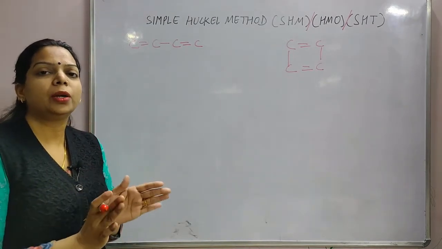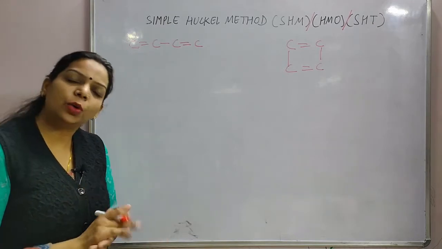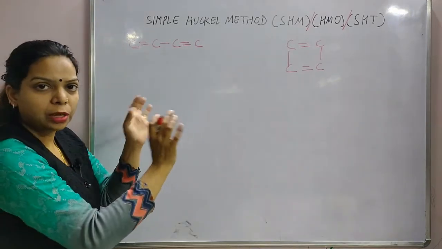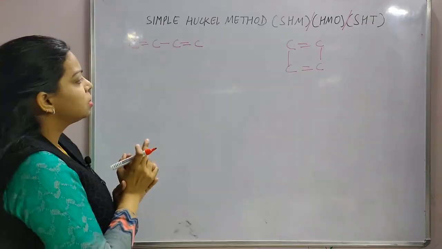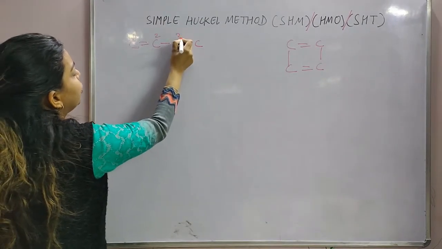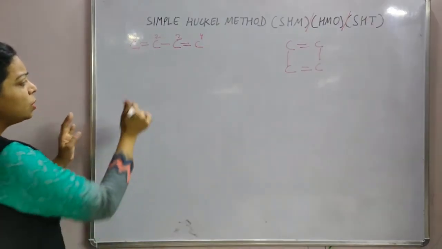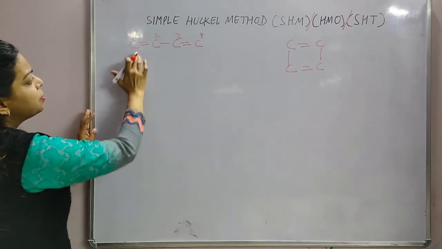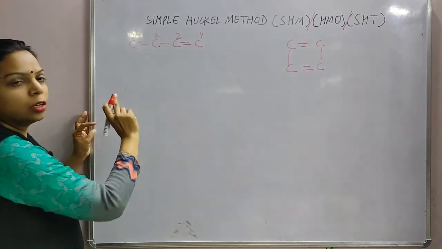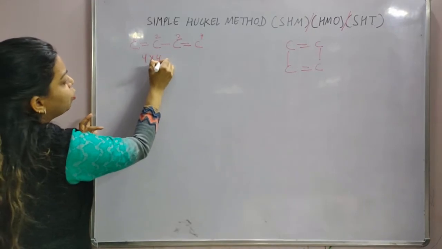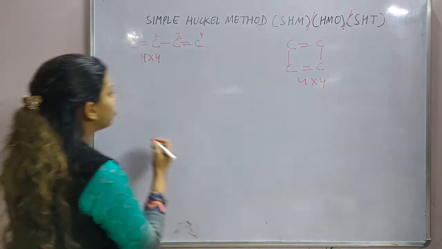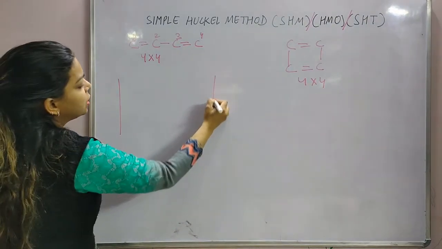Once we know the determinant, it is easier to solve it and find out the energy expression. So I have drawn only the carbon frame, chain or cyclic system, no hydrogens are included over here. Let me number it 1, 2, 3 and 4. So the simple method is, as many carbons as you have in your conjugated system, the order of that determinant will be the same. It means it will be a 4 by 4 determinant. Over here also a 4 by 4 determinant will be formed. Understood?